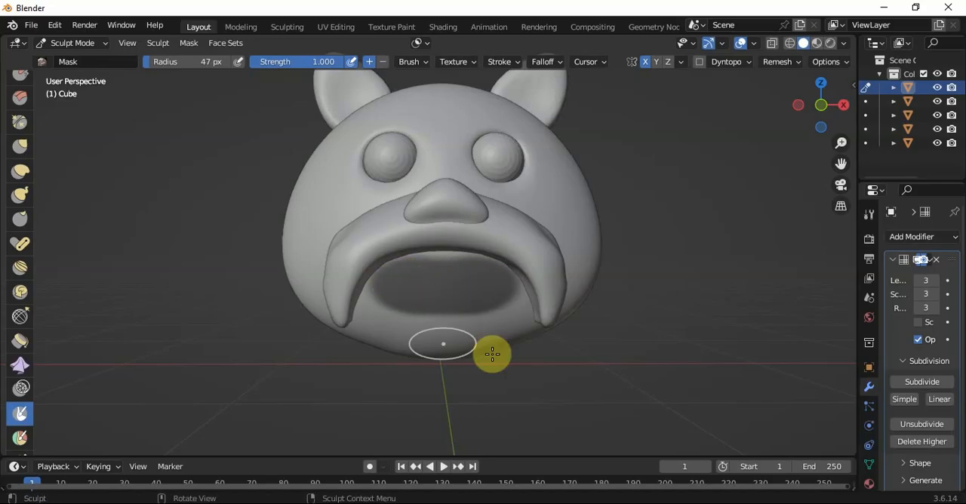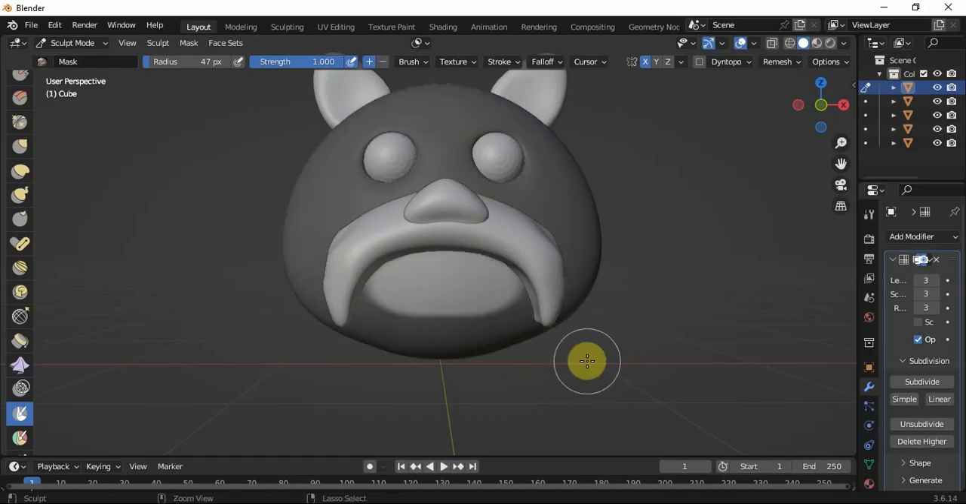So now Control I to invert. Now if you want to clean your mesh, you can always hold down your Control, then you can see. So you can do that. Undo that. So now what I'm going to do is invert, Control I to invert, and